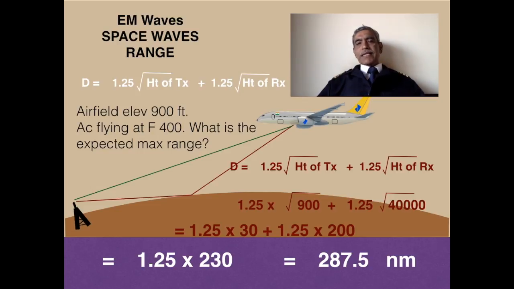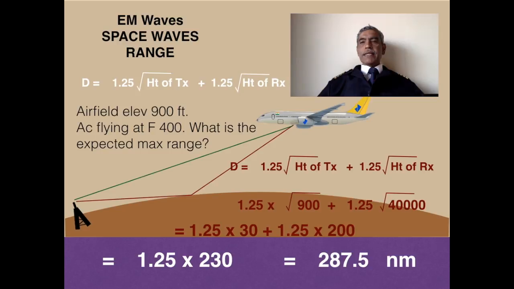So, a simple, straightforward application of the formula: d equals 1.25 into square root of the height of the transmitter plus square root of the height of the receiver. I kept the figures easy so that you can work out easily. So 1.25 into square root of 900, that is the height of the transmitter, plus 1.25 into square root of 40,000 feet. So 1.25 into 30 plus 1.25 into 200, which equals 1.25 into 230, which equals